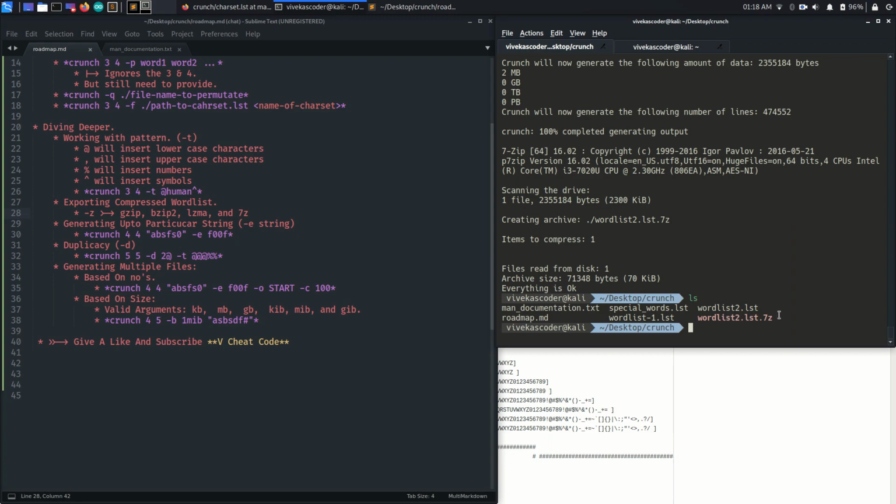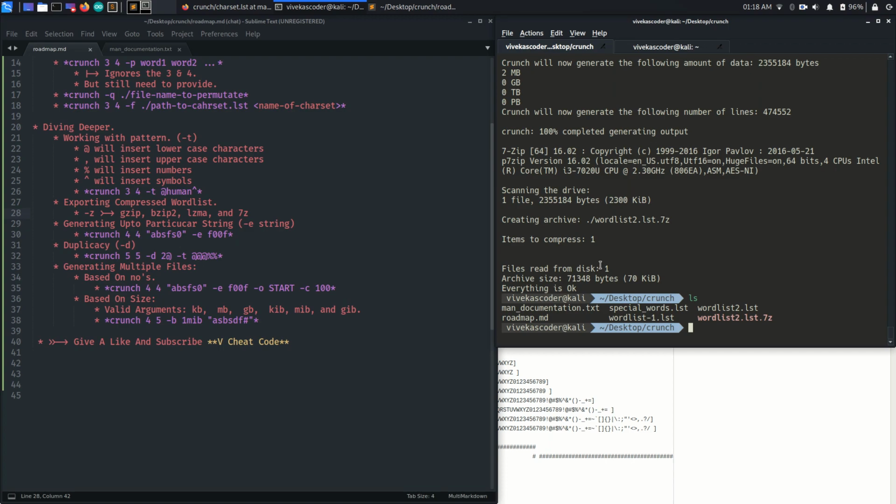When you list the current files present in your folder, you will find wordlist2.lst, which contains the uncompressed version of the generated word list. The next one is wordlist2.lst.7z, which is the compressed format, right? So this way you can generate the word list in a compressed format.